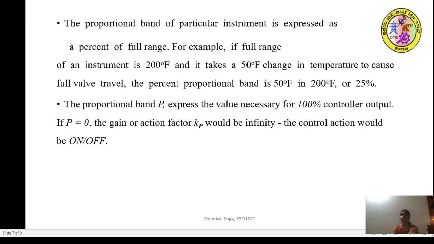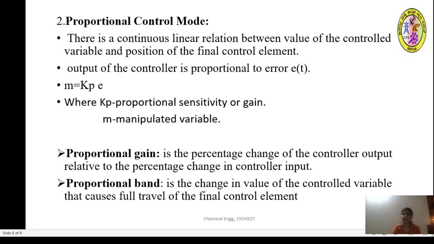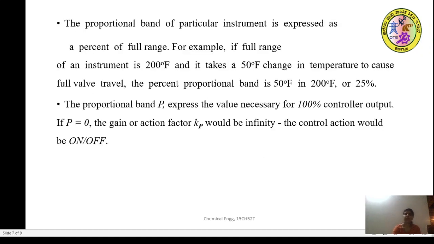Now we have understood what a proportional band is. The proportional band is the change in the value of the control variable that causes the full travel of the final control element. It is related to a particular instrument and can always be expressed as a percent of full range.